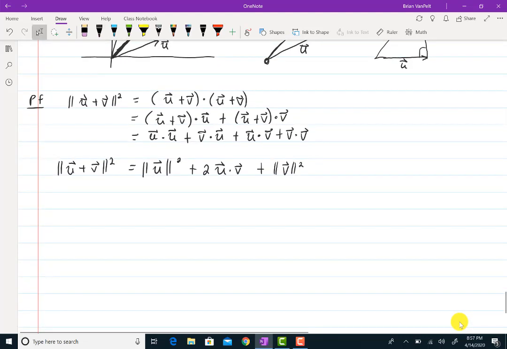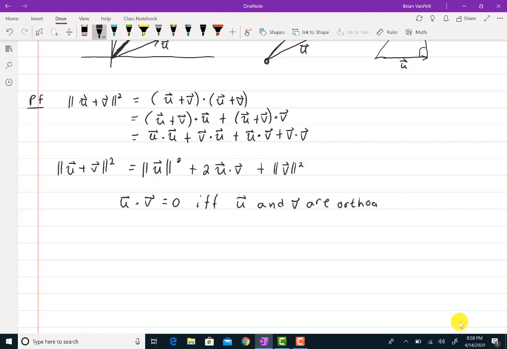Now, u dot v equals 0 if and only if u and v are orthogonal. So the middle piece of this sum up here, this piece right here, is 0 if and only if